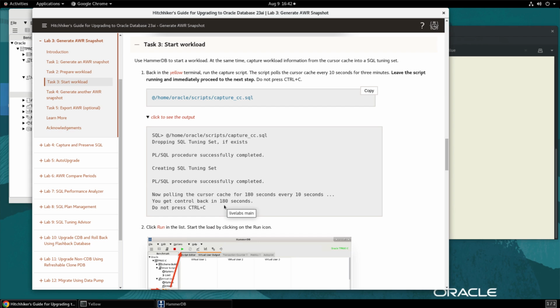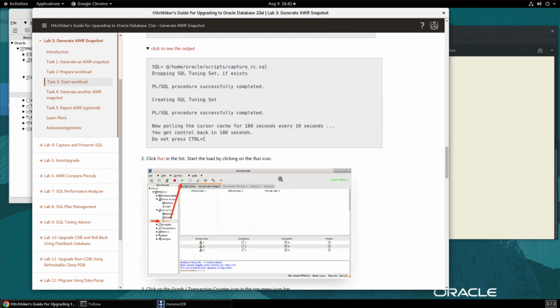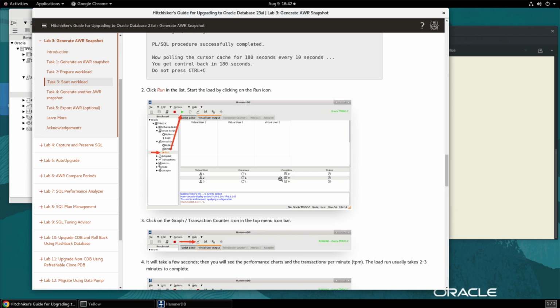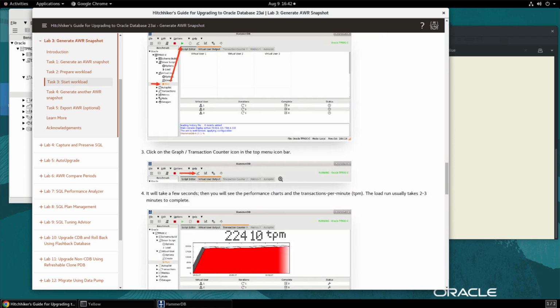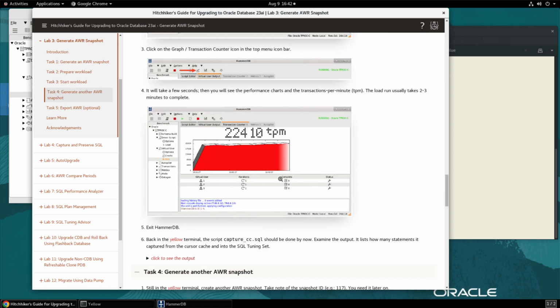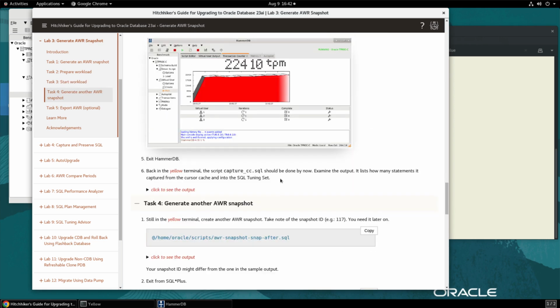If you need the scripts, you'll find them on the upgrade blog on mikedietrichday.com/scripts. There you can download them. And of course, feel free to change and adjust them for your own needs. There's no copyright on these scripts. So we have the tool running and we wait until it's complete. Our next step, once the tool is finished, is that we exit HammerDB and then we generate another AWR snapshot. So I put this already in the clipboard